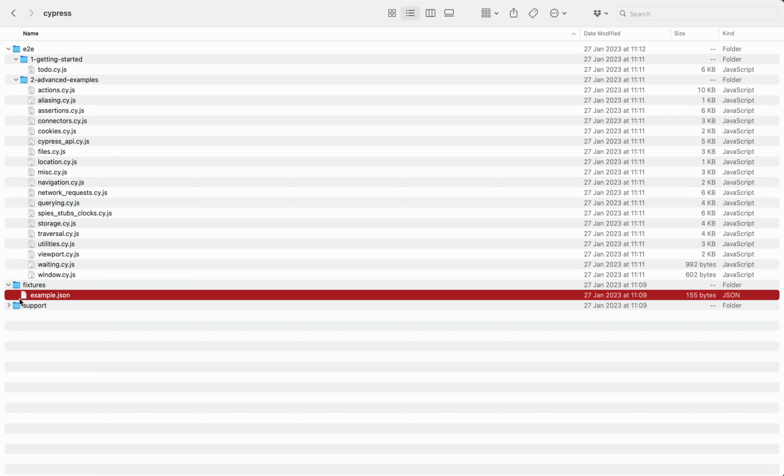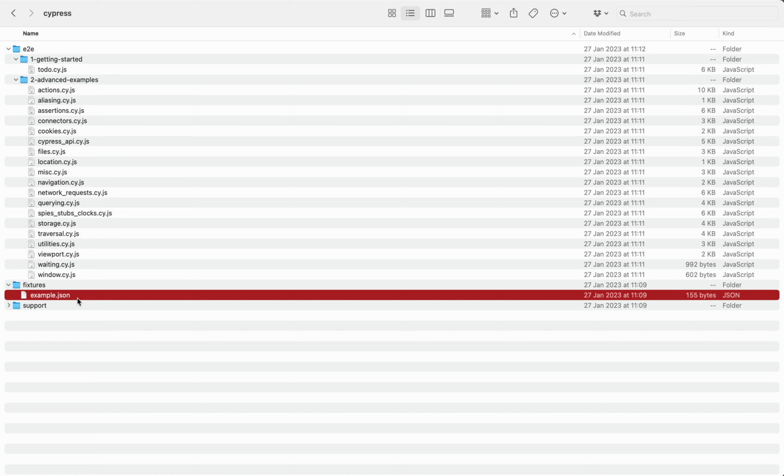The advantage of writing your test data to this JSON file, or to a JSON file, means that if your test fails, you've already got the test data there. So you can look back and see what test data is being generated or what test data is being obtained from a database, and then you can look to see if that error within your test is related to the data or if it's an application failure. And you can also reuse this test data because you've got it in advance. You can repeat that test over and over with the same data and see if you can resolve that issue.